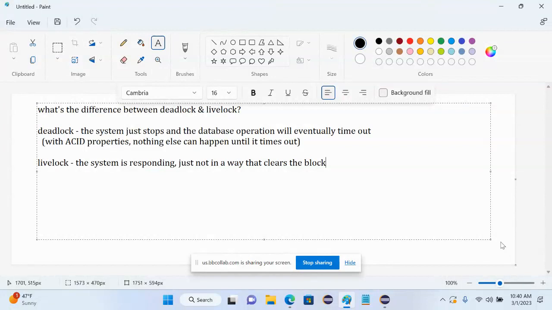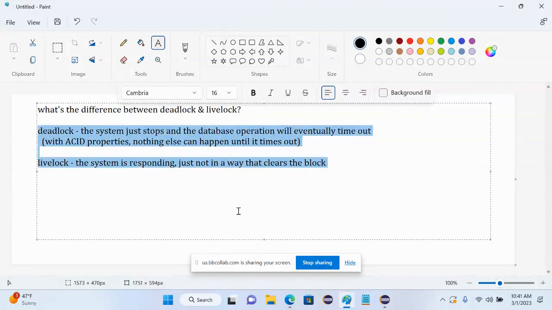Okay, that's live lock. Deadlock is two people walking down a passageway that's one person wide. And then, you know, in true Chicago fashion, you never step backwards, right? You just stand there and stare at each other and glare at each other until finally, one of you dies of old age or something. And then, I guess in a sense that's timing out. All right. If you want a database example, we'll do that.